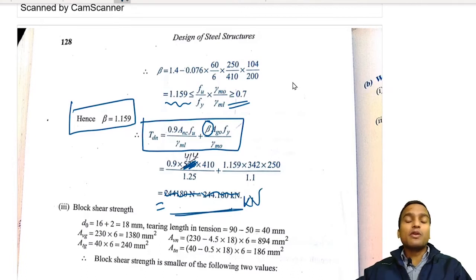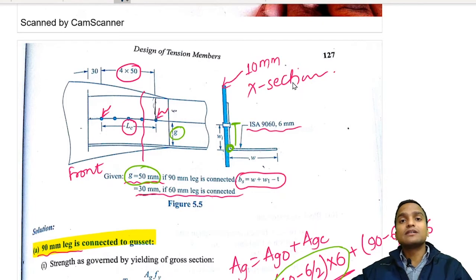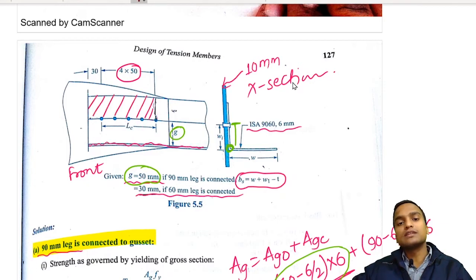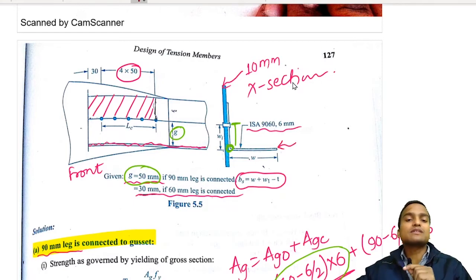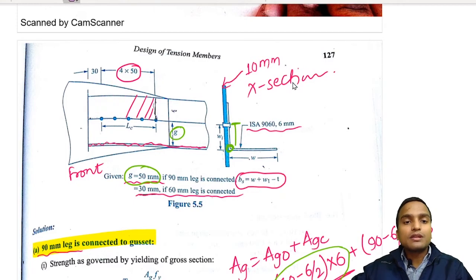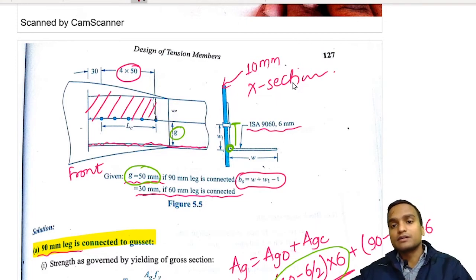Now let us come to the block shear failure, which is the third value of strength which we have to calculate in tension members. Now we have to consider the diagram of the separated block in this case. Which block will be separated? You are seeing the two lines. This is the second leg. If you see in the cross section, this is the outstanding leg. So this part is susceptible to fail in block shear. We have drawn the diagram of block shear here like this. Now let us draw the diagram of the block separately.